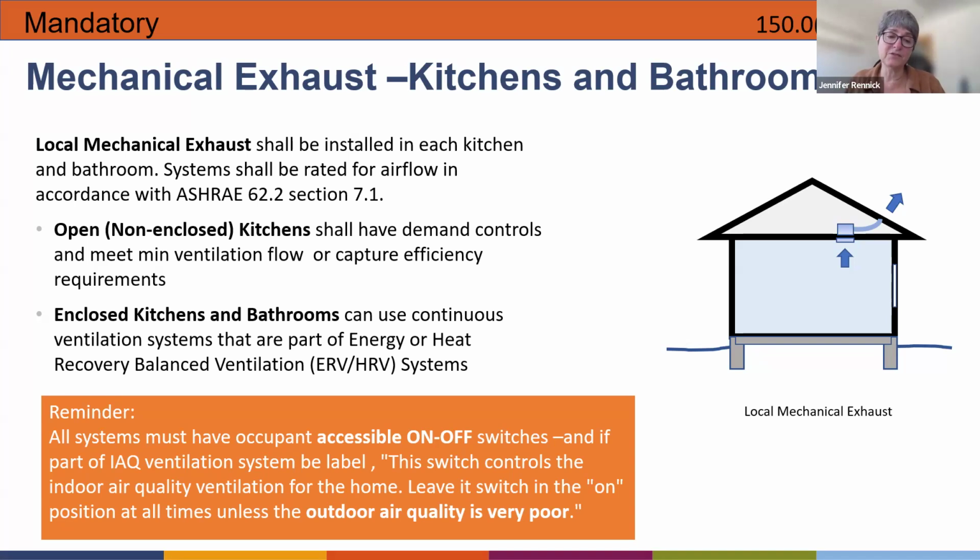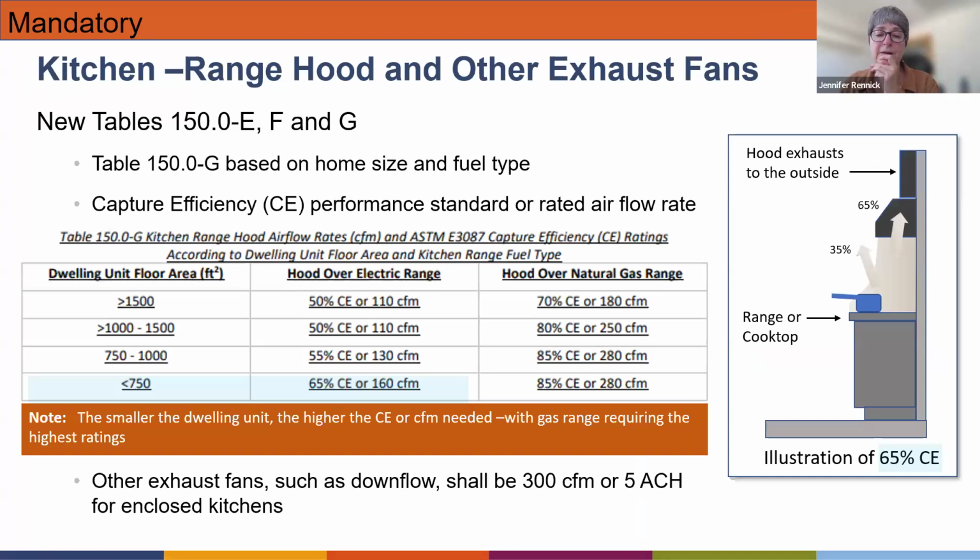And your idea is you leave it on, but at times of really poor outdoor air quality, then you can turn it off, and they should be labeled as such. And that part of the code hasn't changed. And current code, and this part hasn't changed, is that the quantity of CFM